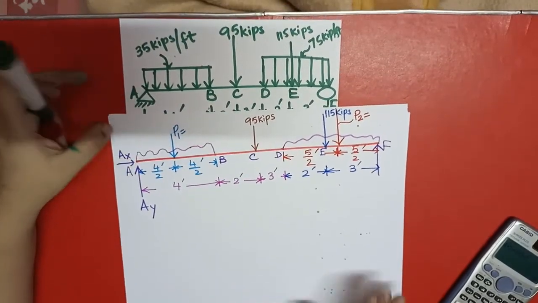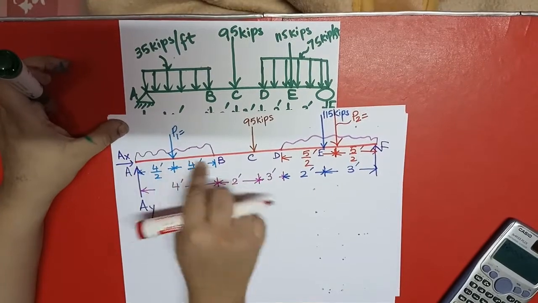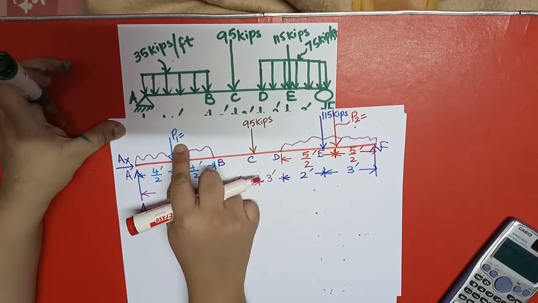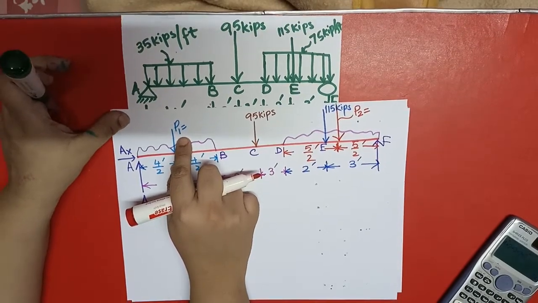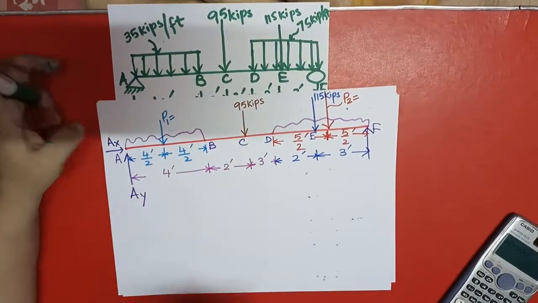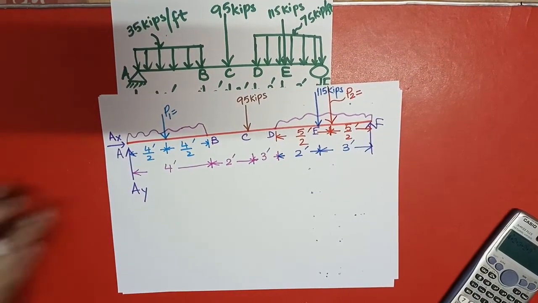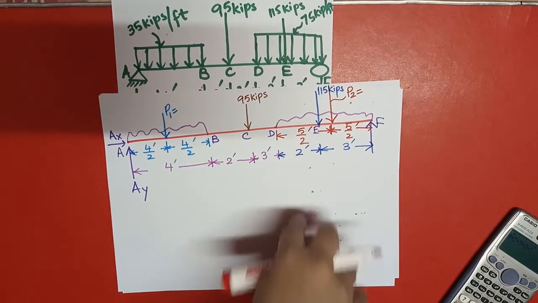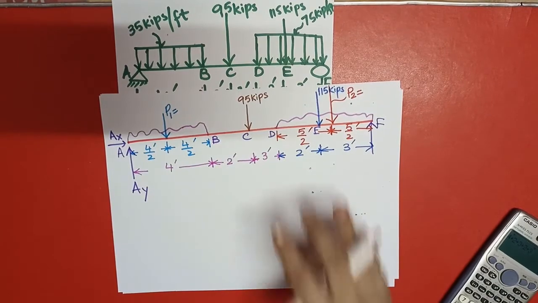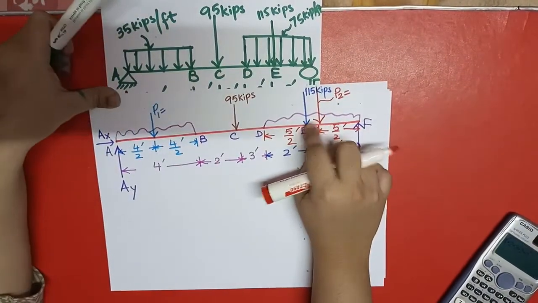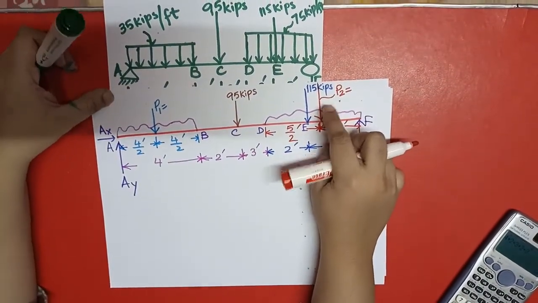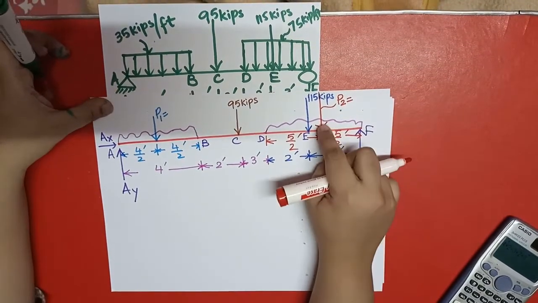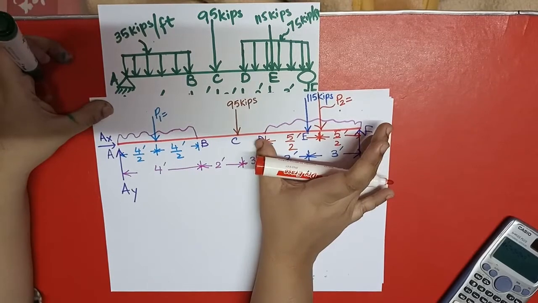What I have done here, it's a free body diagram, so I have made this UDL like this. So I have to convert it into the concentrated load. So how can I convert it? I will tell you today how you can convert this uniformly distributed load into the concentrated load. And there is a point load, this one is also a point load, and this is the uniformly distributed load. We have to convert it into the concentrated load, so it must be lying at the center of the UDL.